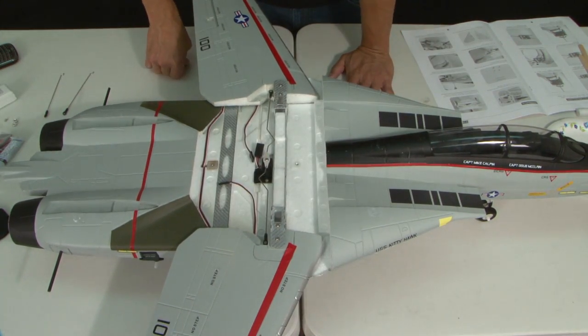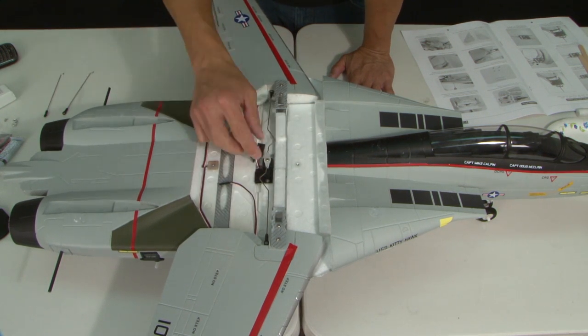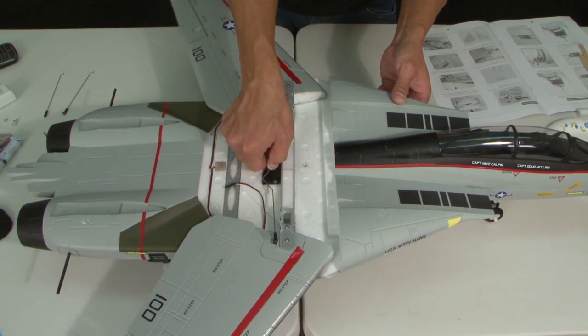That's how simple the swing wings attach. 4 screws and 2 ball ends, and you're done. And the main wing swivels now, and you're ready to go here. So what we're going to do now is